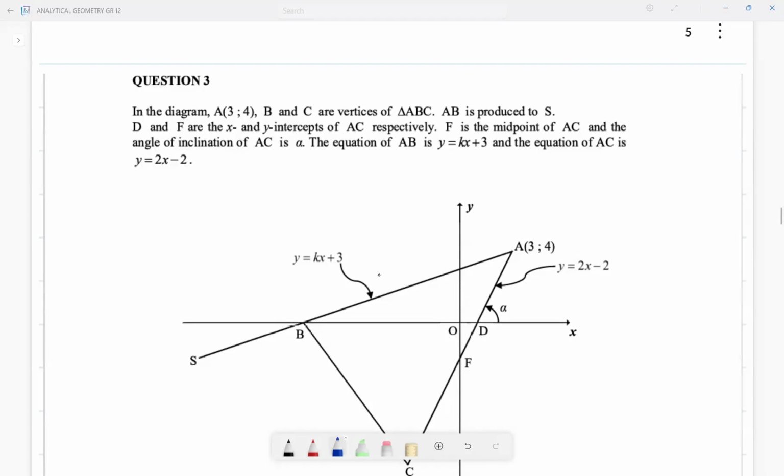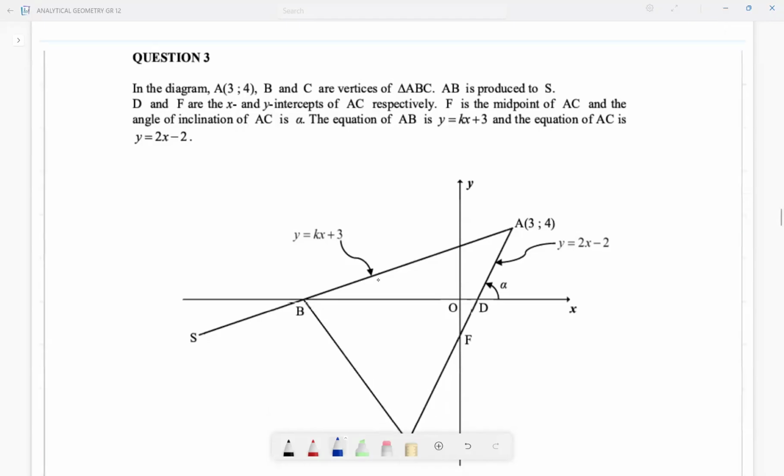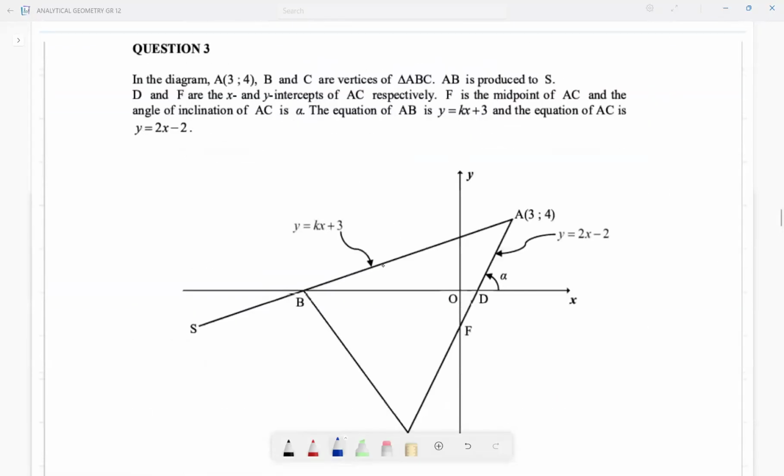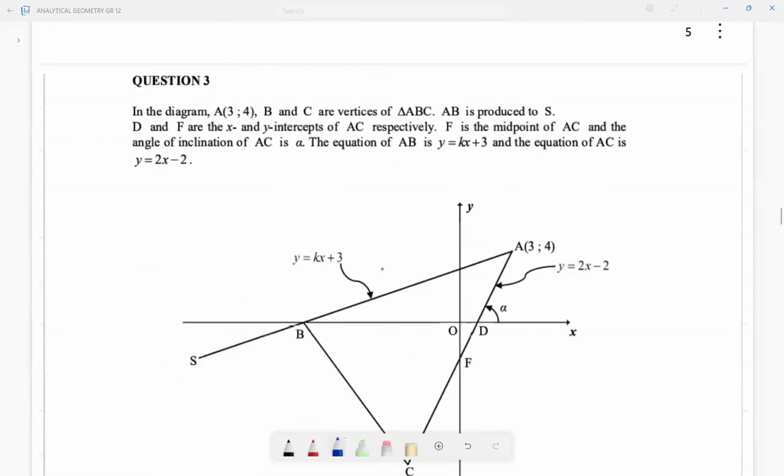So let's look at question 3 of the analytical geometry questions. It's going to be question 3 and question 4. This is the May-June 2024 question paper. Okay, it says in the diagram,